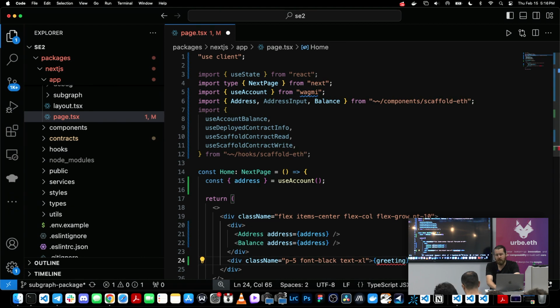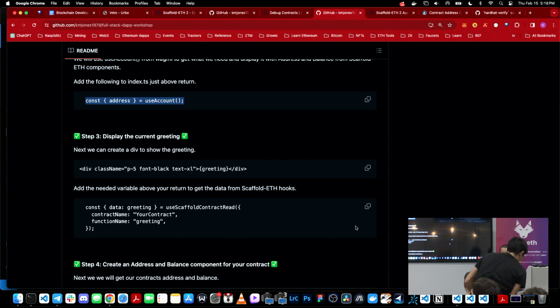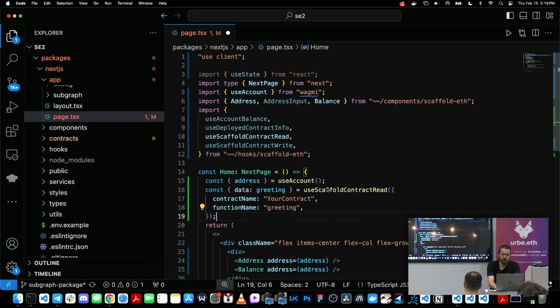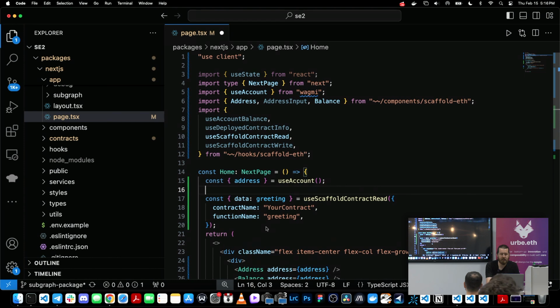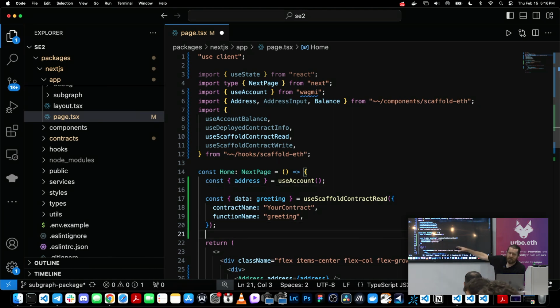And we need to get this data. So we want to display the greeting. I already put the CSS there because I'm not going to do that in real time, but we need to actually get the data. So in this case, we can do that using this function here. We can just grab it up here. What this is doing is giving us the ability to grab the data as a greeting object